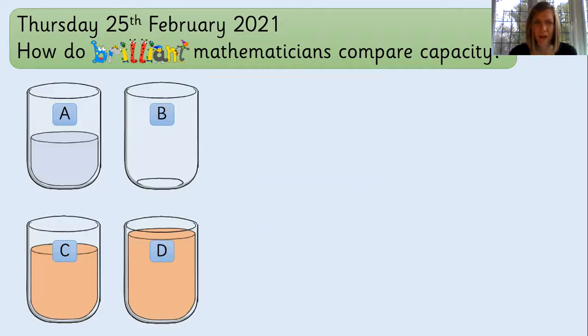So let's have a look at A first. It's nearly full, isn't it? Whereas B, it's empty. There's nothing in there. C is nearly full as well. And D, I think that's pretty full. You couldn't get much more in it. So I wonder,